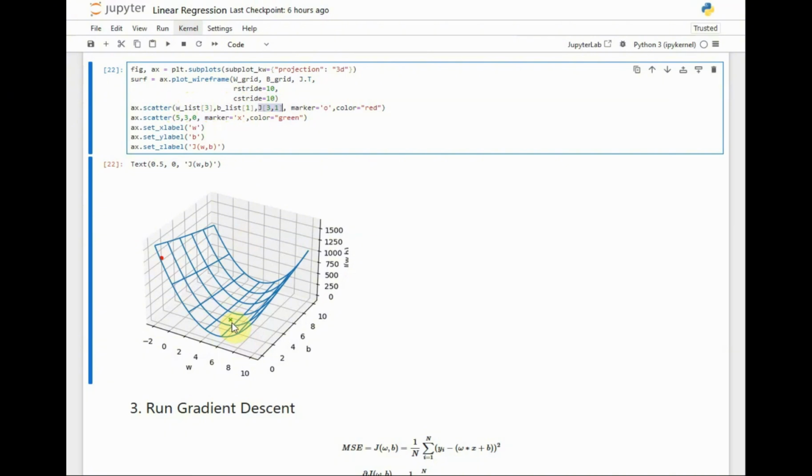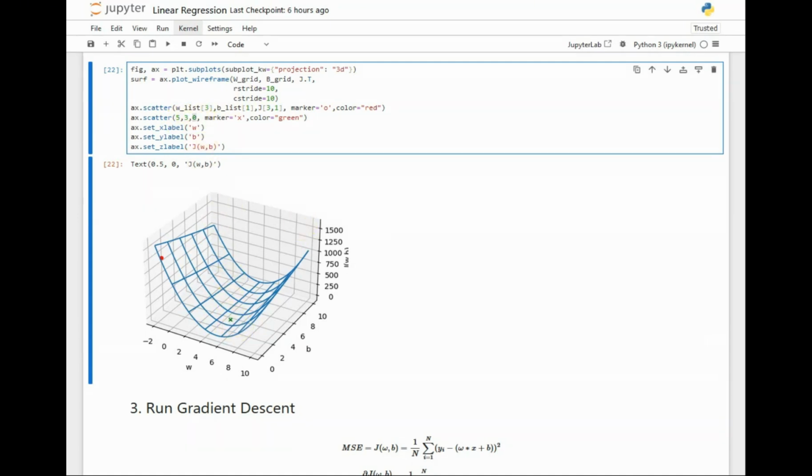And then the second point is the green cross. This is actually the point where W equals 5 and B equals 3. So this point represents our ideal values for parameters, and therefore the value of the cost function here should be